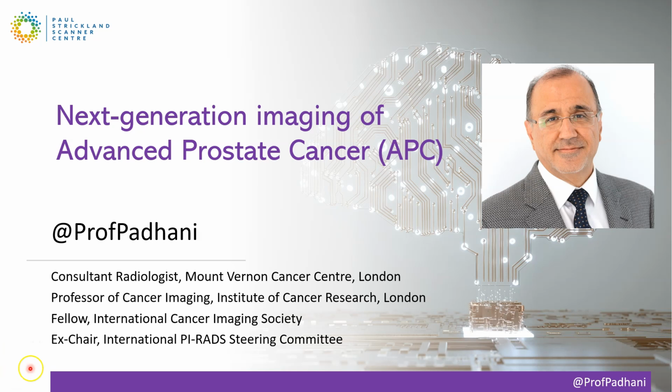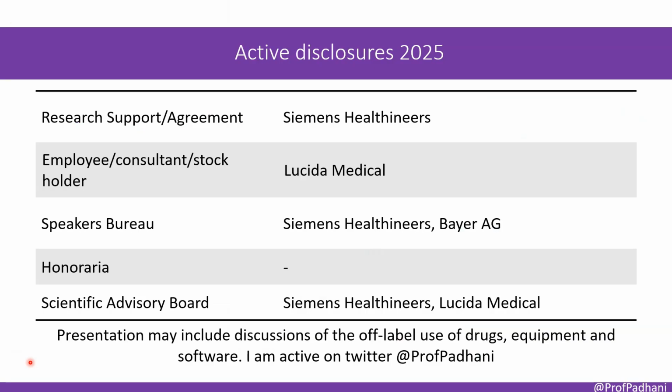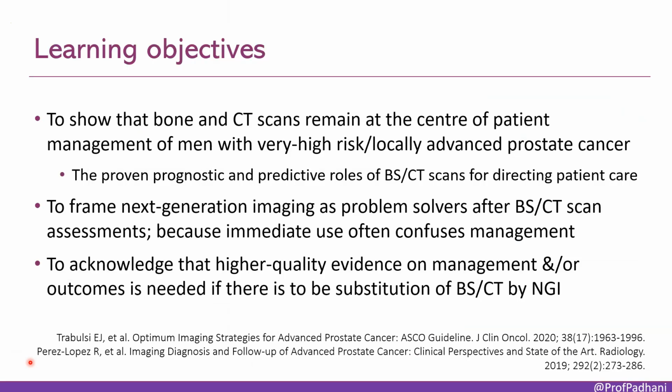In the next 20 minutes, we will discuss next-generation imaging in the management of advanced prostate cancer. These are my disclosures. I'm going to show you that bone scans and CT scans remain at the center of